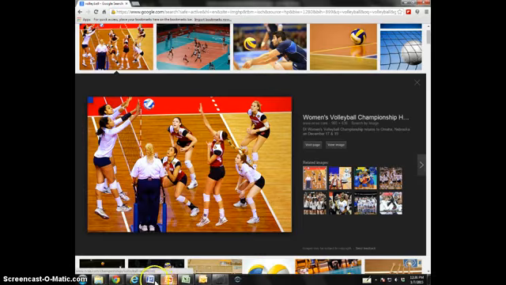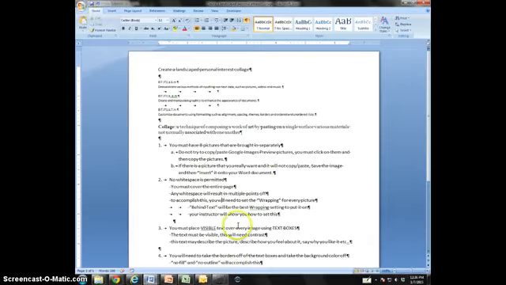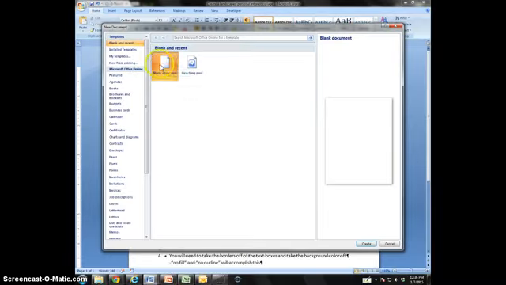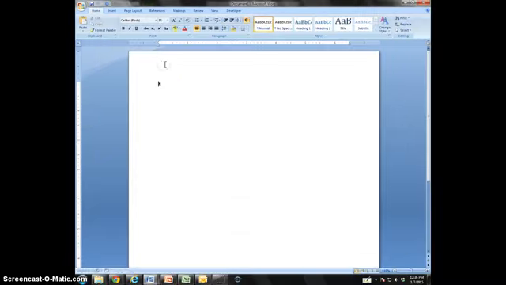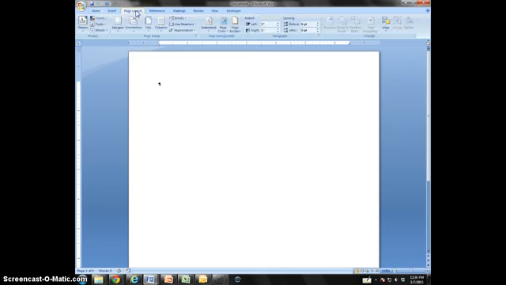So when you go in and do that, I'm going to start a new page. And we did say that it is a landscape document. So to do that, we're going to go up to this page layout and to orientation and set it to be landscape. Portrait is going to be taller than it is wide. Landscape is going to be wider than it is tall. Once it switches,